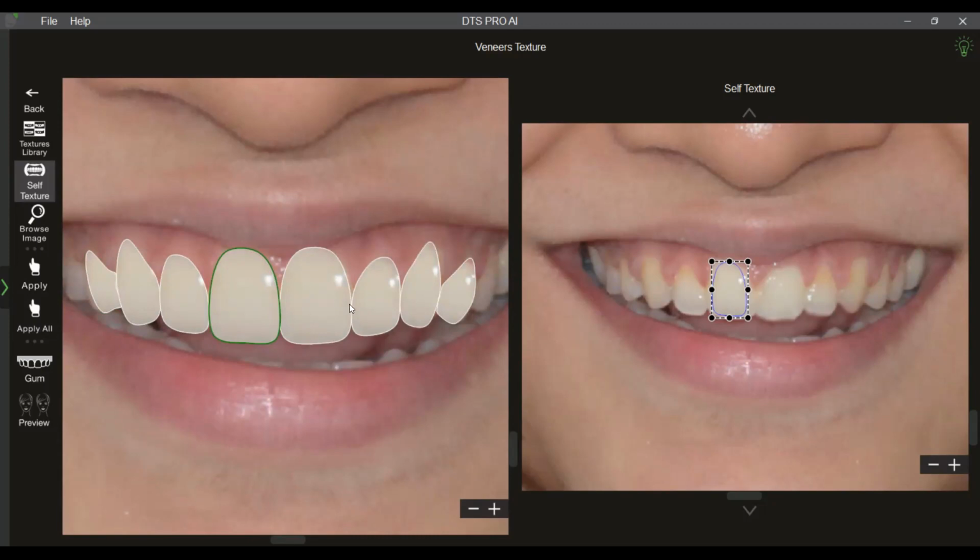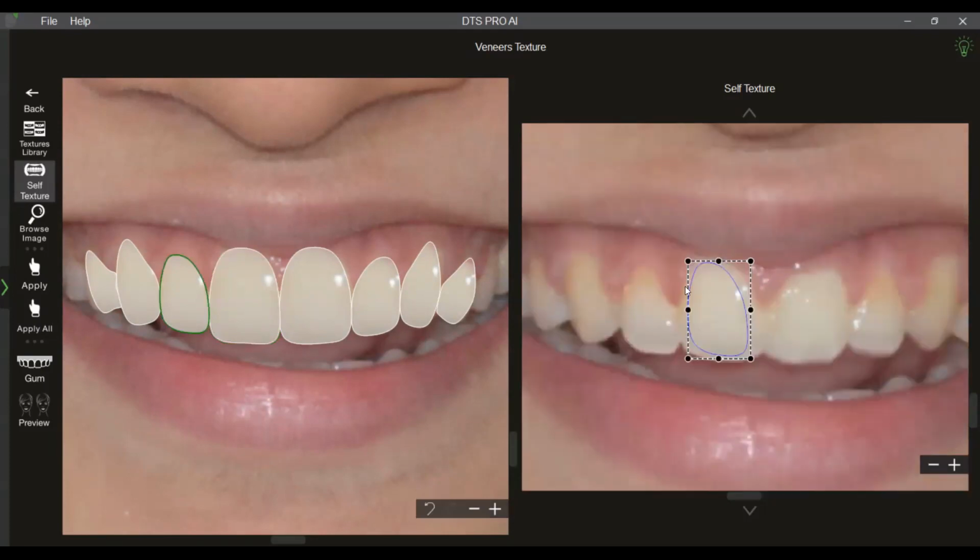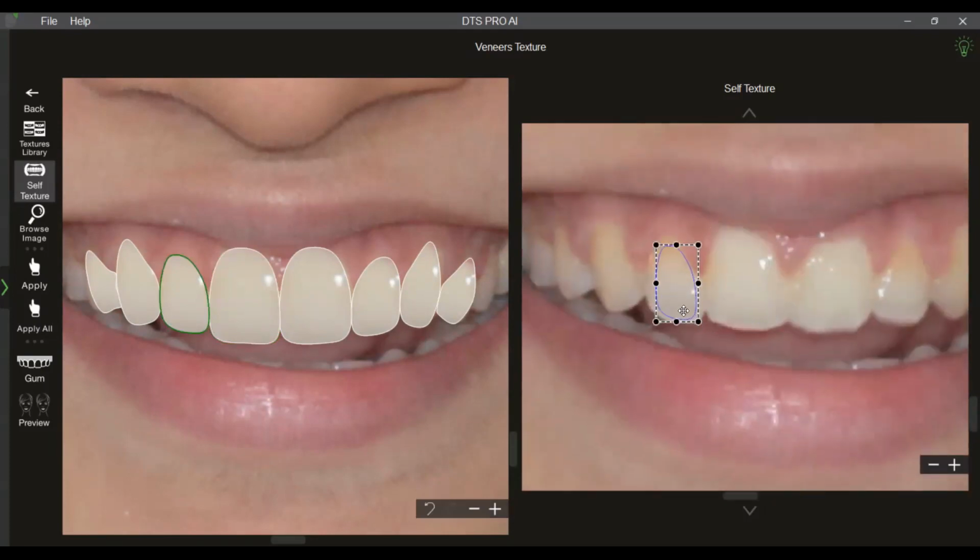It doesn't look aesthetically very pleasing, because every tooth has got its own characterization, a little bit of flashlight effects. So it is always better to do it tooth by tooth. So I am doing tooth by tooth here. If I don't like the color of the canine, if it is too dull, I can probably still choose the same from my lateral incisor or from any other adjacent tooth. Coming to the other side, the other central incisor.